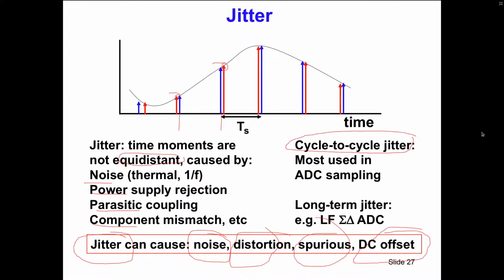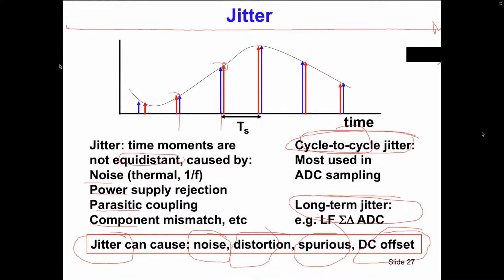But on the other hand, all of you are now looking at a screen, and if this screen is being built up by writing lines on your screen, then you go all over this screen to here, and then over here you don't want to see any jitter popping up. Now that is what people call long-term jitter, and in display this is a very important parameter. So there are differences, but I will concentrate here on the cycle-to-cycle jitter for A to D conversion.